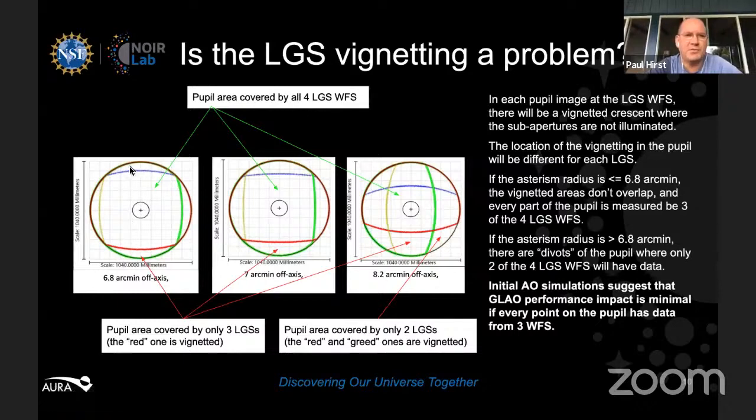It's just that each of the wavefront sensors has one of these little crescents around the edge, which would not have any light coming through to it and would give us no measurements of the wavefront. Now, if you make the LGS asterism even bigger, what happens is these crescents start to overlap. In the center image, you can see they're just touching, but over on the right, if you go to a really big asterism, you've got these fairly big divots, which are vignetted on 2 of the 4